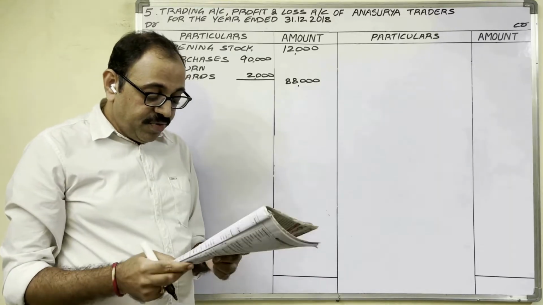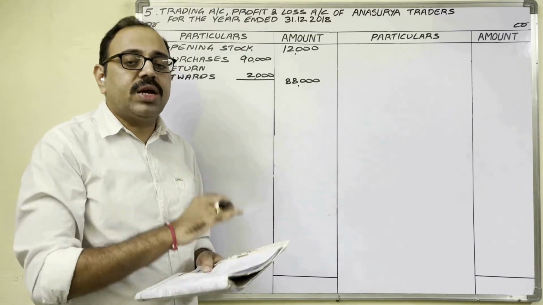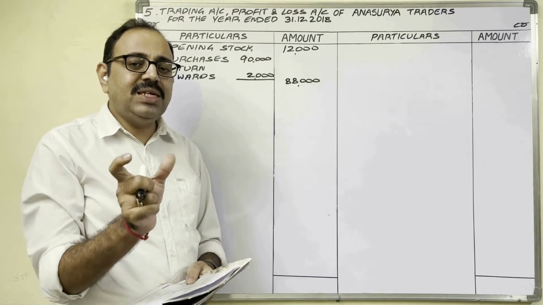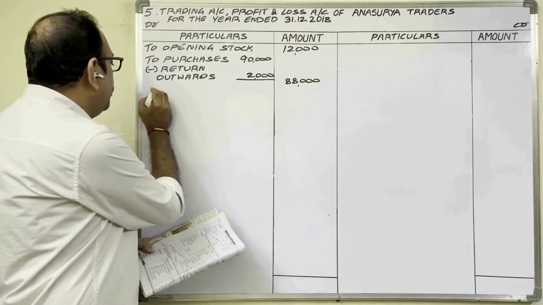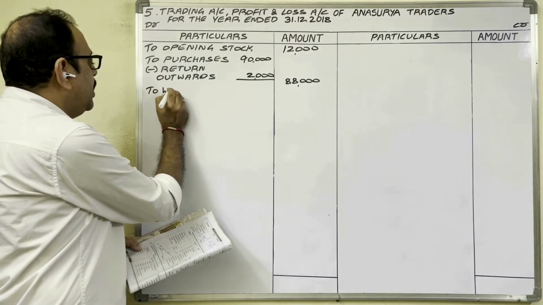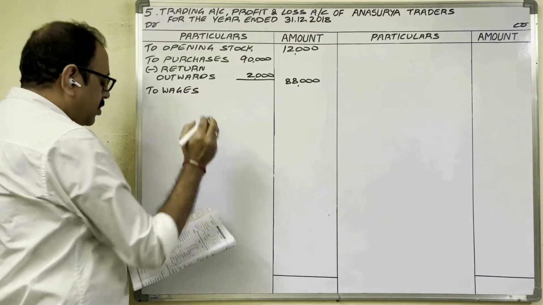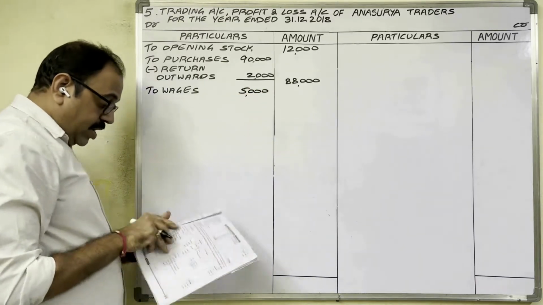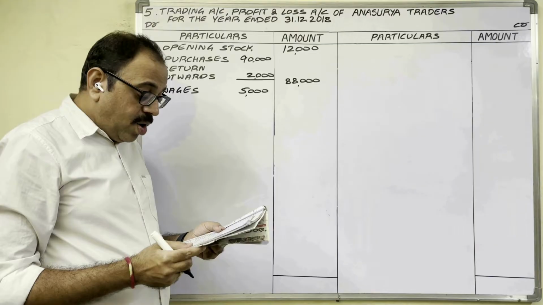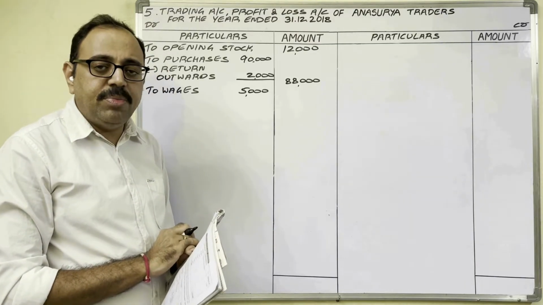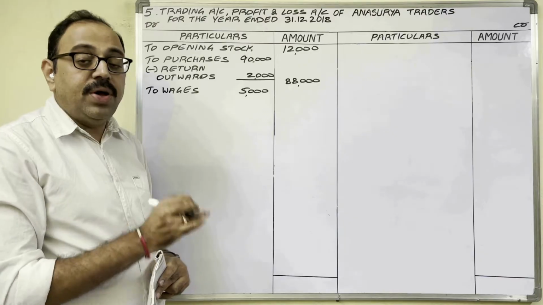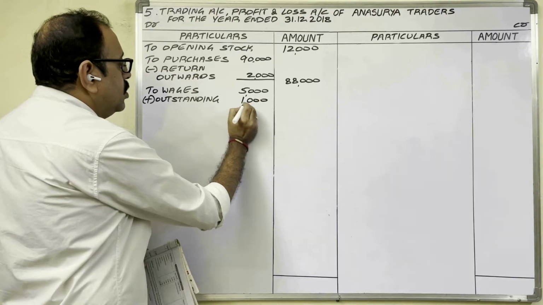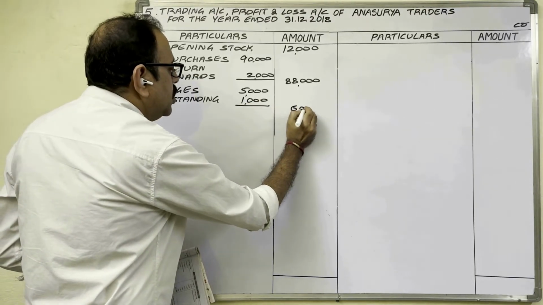Now write down all direct expenses. See from the starting, wages. Wages are paid to workers who work in the factory, who are engaged in the manufacturing process. So wages is manufacturing related expenditure. Therefore it is direct expenditure. We have to write it here. Adjustment is given. Therefore the wages amount 5,000 we write in the inner column. Adjustment number 4: outstanding wages 1,000. Outstanding wages means we have to pay. We have to add outstanding 1,000 rupees. Total in the outer column is 6,000 rupees.